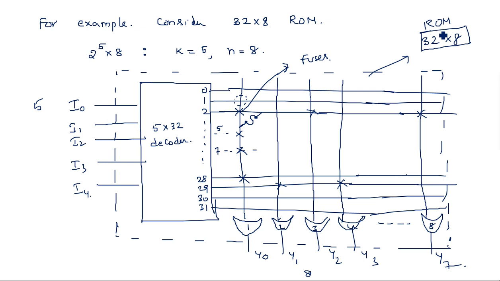Hope you understand what we mean by 32 by 8. 32 by 8 is nothing but the size of the ROM, which is used to store the data, in which 5 shows the inputs and 8 shows the outputs. Okay, this is what the ROM